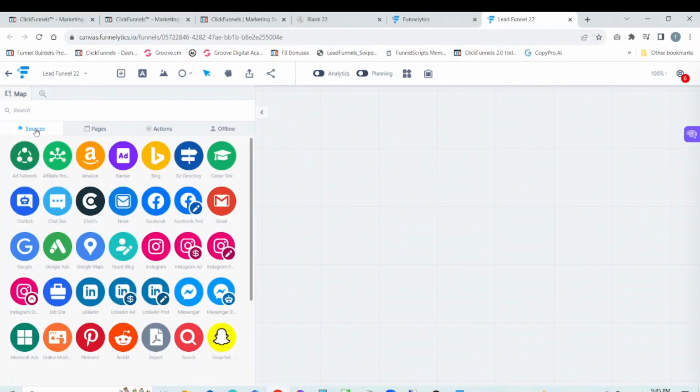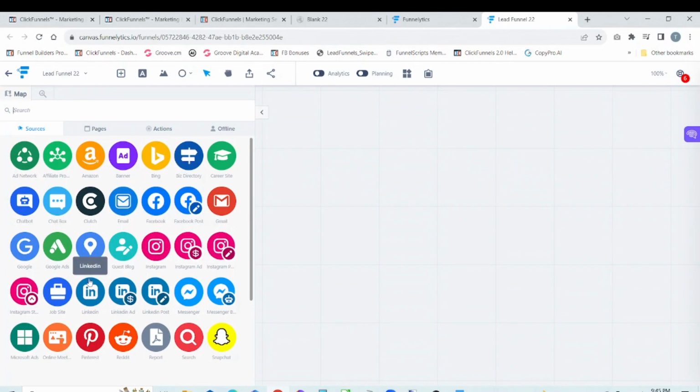We have sources, which is things like your traffic, social media, other things like that that may be feeding information or customers to your site. Okay, so you see we have Bing, we have banner ad, we have Facebook, we've got Instagram,